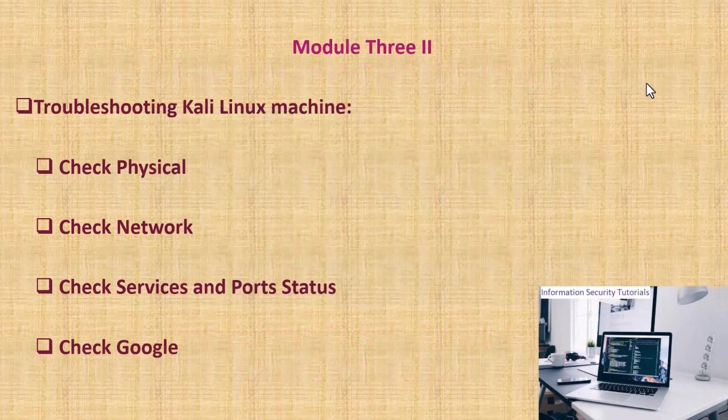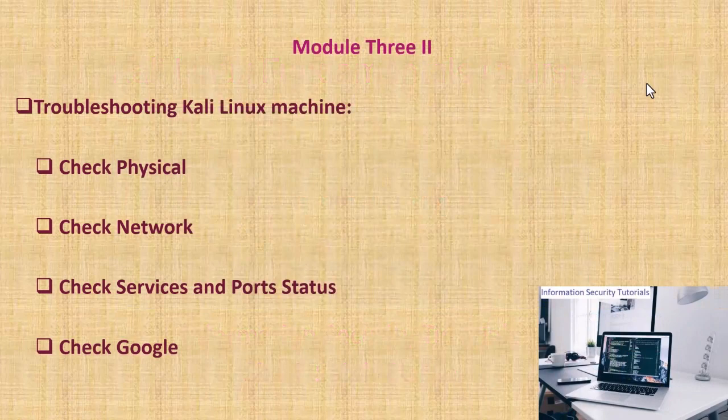You have to follow the common troubleshooting steps, which is checking the physical cables or buttons if you may have some problems with the physical cables or so on, how to check the network connectivity or check the network configuration on your system, how to check the service and ports status to solve any problems you have on your machine. Then if you don't solve the problem after going through these steps, you can check Google to help you troubleshoot